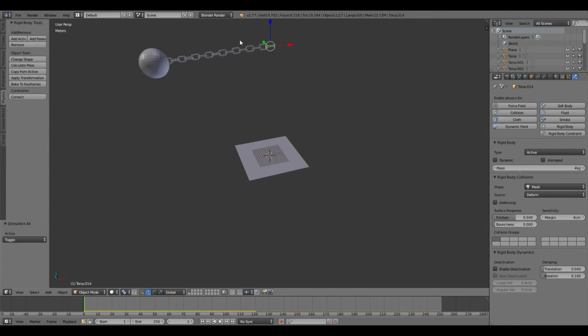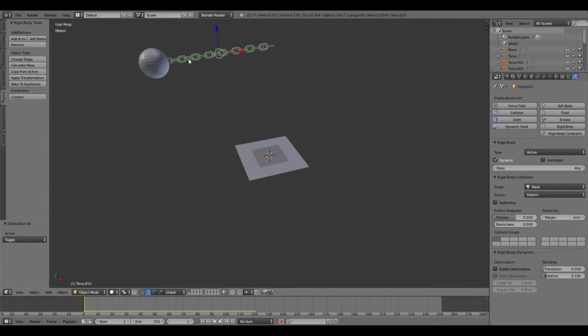But what you're going to want to do now, you could change all of them individually, or you could select them all and hit Copy from Active. But this is what I did the first time I was making this. What I accidentally did was I selected all the links after I did this one. I did Copy from Active, but it will just make all the links stationary, so you don't want to do that. You want to go to the next one and change this one also to 4 kilograms,